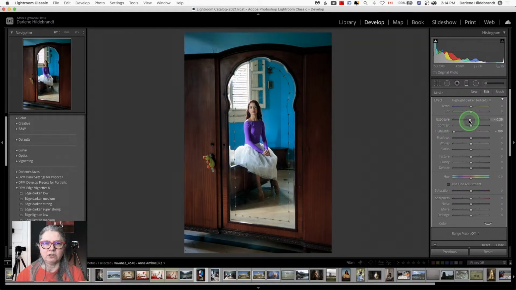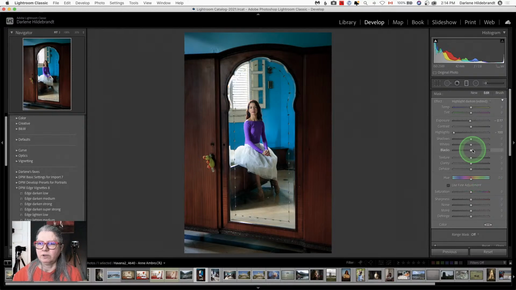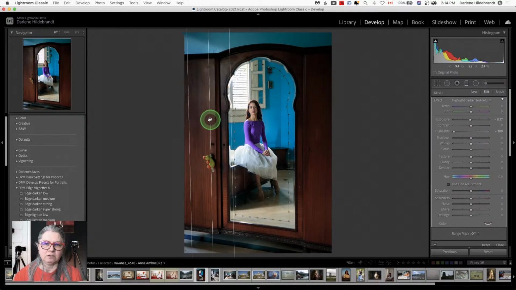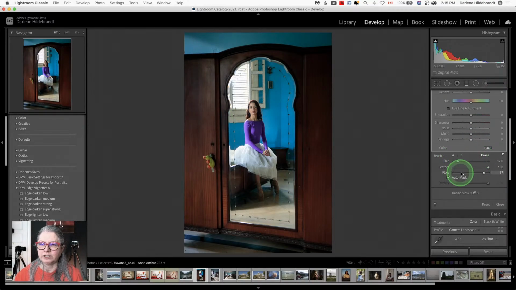And I could probably even go overall darker. Now that kind of picks up the duck as well. So if I want to leave the duck and not darken him, we have two choices. I could pull my graduated filter back a little bit, which works. Or I could just use the brush on this tool and erase it a little bit so that our little ducky